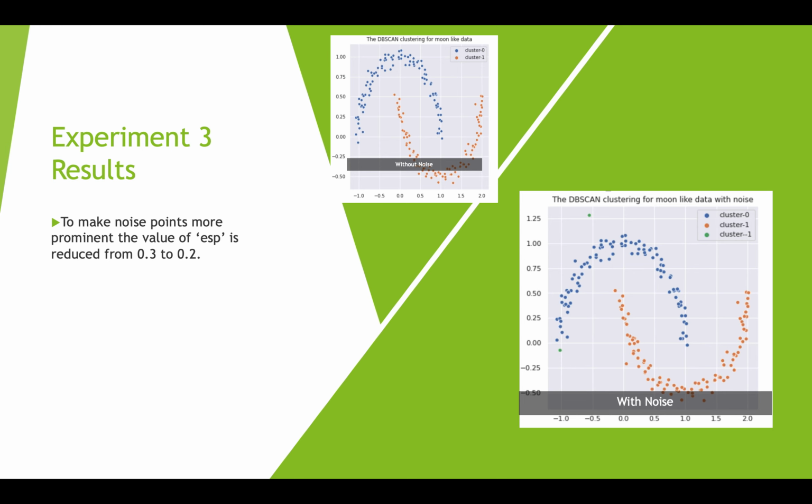In my experiment 3 results, I also used DBSCAN to find the clustering. Without noise, in the first figure, you can see it clearly and effectively identifies all the points in the moon-shaped data set. Later on, I introduced some noise in the same data set. You can see these green points, cluster 1, are the noise, and